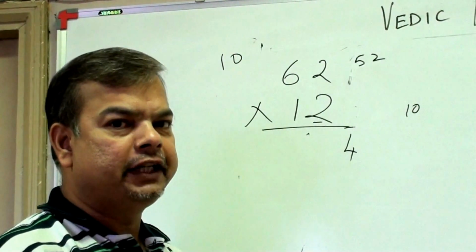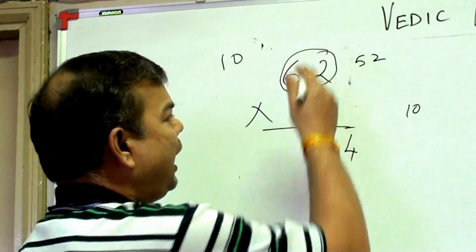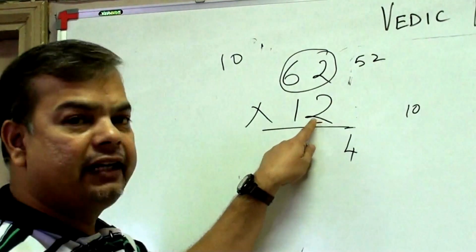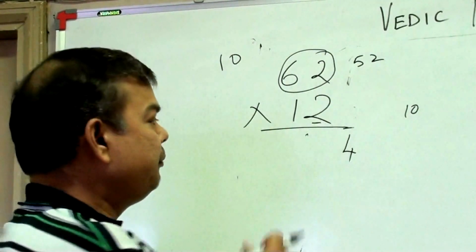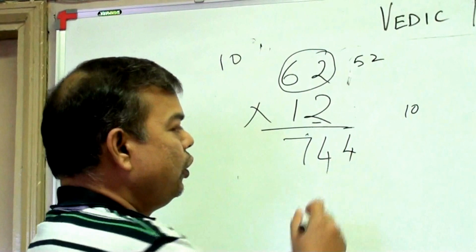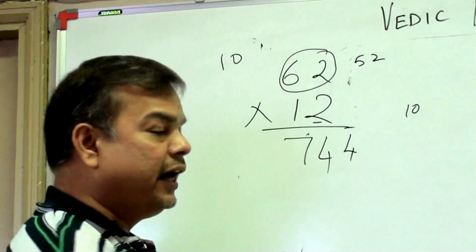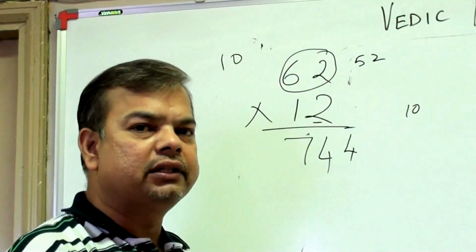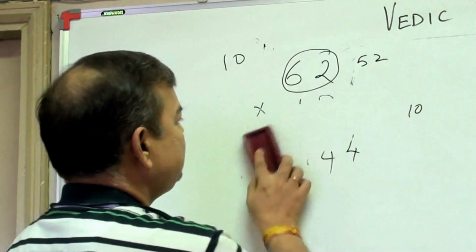After that multiplication is over, I will take 62 and in this 62 I will add this 2. So it becomes 64 plus 10, that becomes 74. So you can see that without even writing in a detailed fashion, you can solve such numbers very quickly. Now let us take another example.